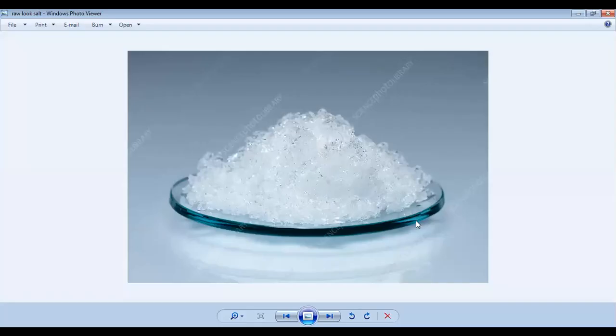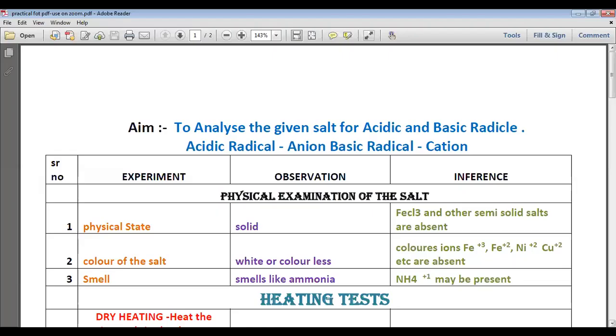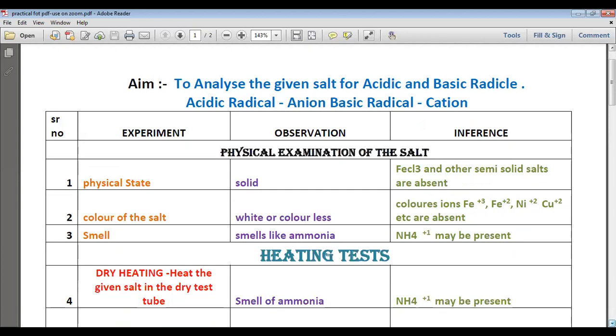You can watch the salt so that we can do the required physical test and physical analysis of this salt. Now, let's have a look at the various tests that we need to do and understand. We will follow a pattern where we will do an experiment, then note down the observations, and then we'll understand whatever the experiment wants to tell us, which we will write as an inference.